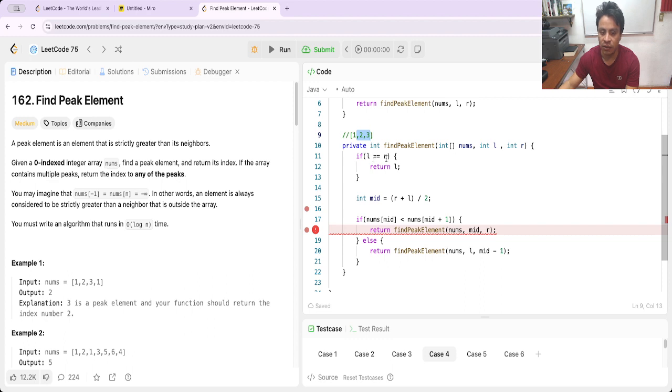L is equal R, no. In this case, mid is equal 1 plus 2 is 3, between 2 is 1, it's still here in the L. Oh my god. I feel that I am close to get the answer, but